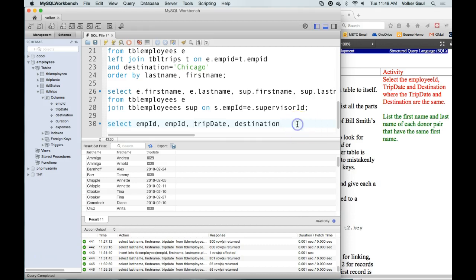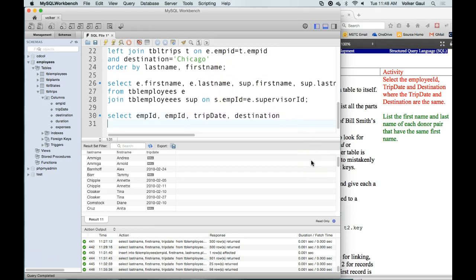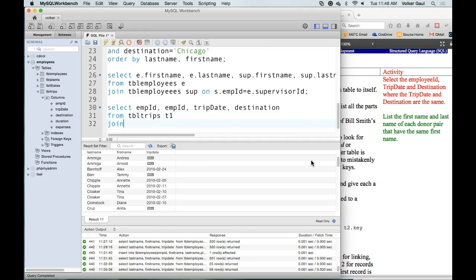As it turns out, I'm asking the trip table to link back to itself. Give me a record and the matching record where the trip dates are the same and the destinations are the same. It's two records out of the same table that I want to link together. Yeesh. How do I link the table to itself? Well, we did that up here. Give each table a unique ID. So I'm going to say from tbl trips T1 joined to tbl trips T2